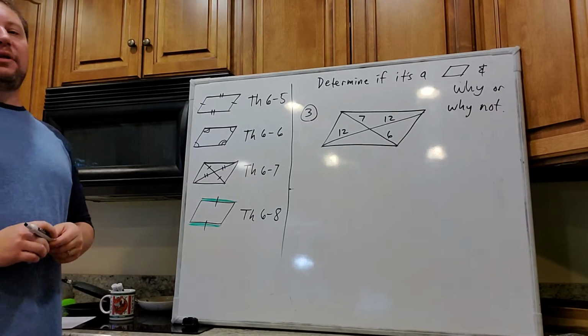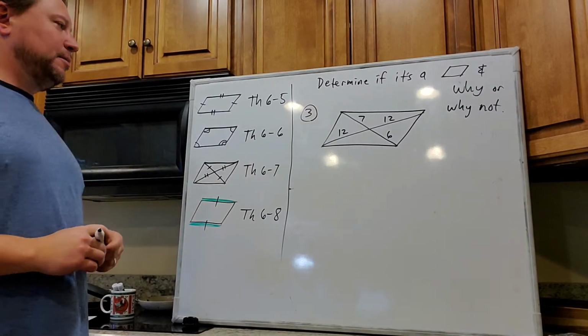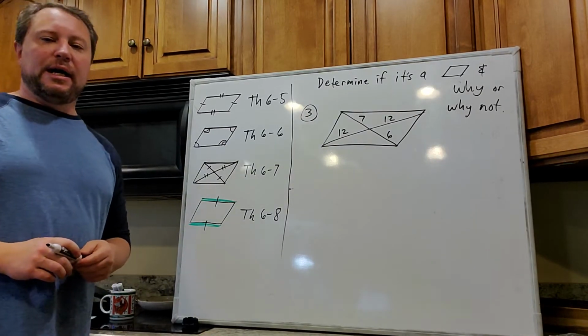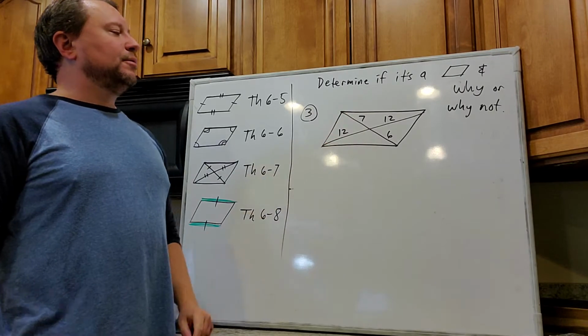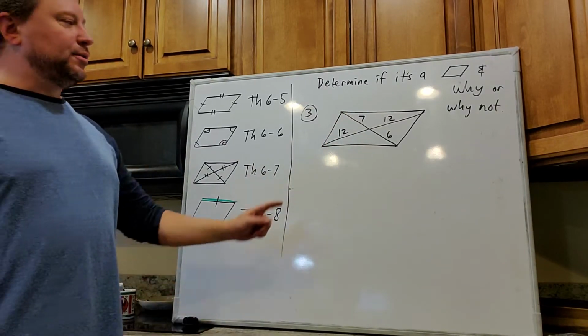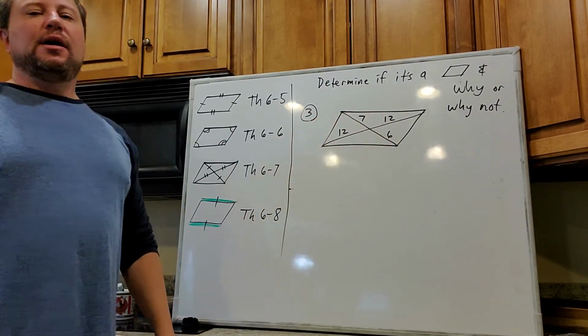And I want to know if it is or is not a parallelogram and be able to tell why or why not. If you look carefully at your lengths of the different parts of those diagonals there, you'll see that